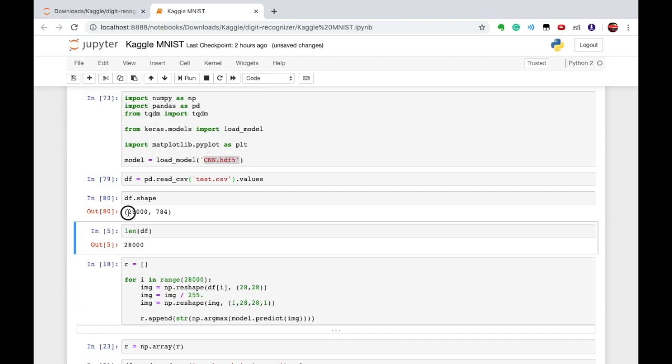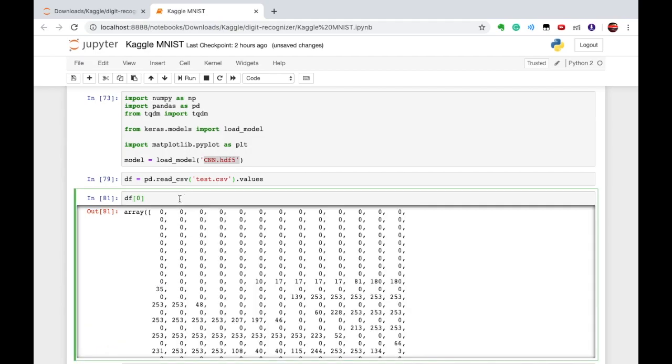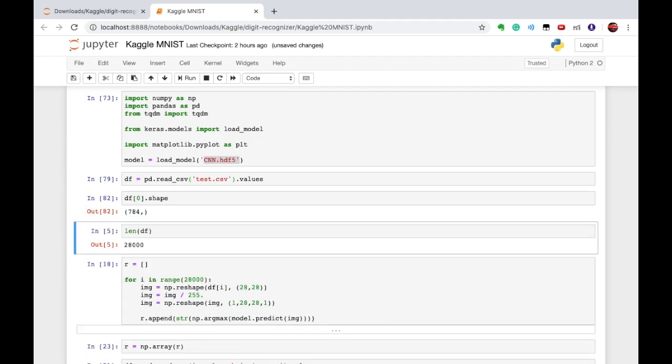I'm going to get 28,000 images of size 784, which means 28 by 28. We'll convert them and take the first image. So this is our first image, and I can use a temporary variable and pass it into the np.reshape function, which will reshape this image into an image of size 28 comma 28.